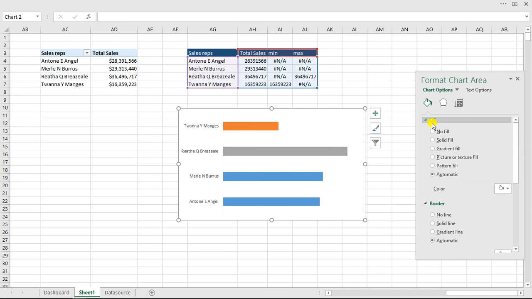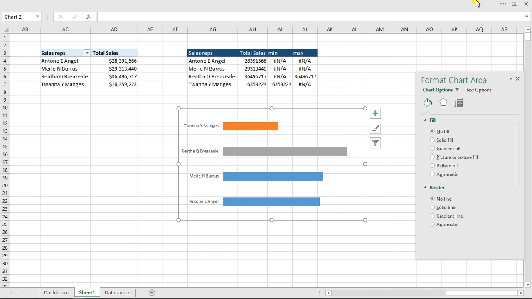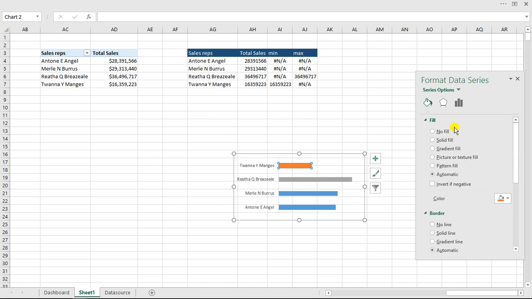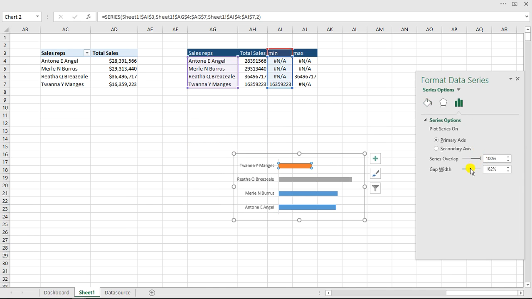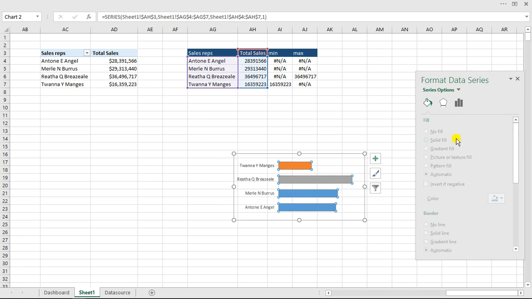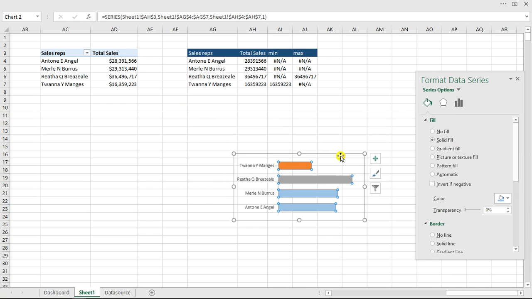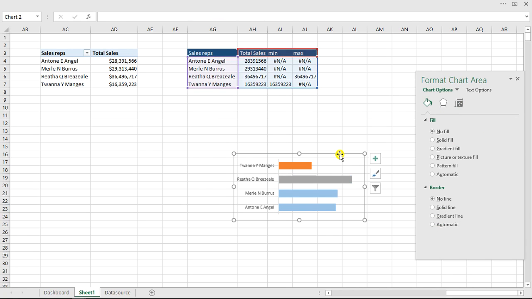I'm going to click on this and say no fill, and as well if you talk about the line, I'm going to say no line. So now I'm going to reduce the size. So I'm going to have to click on this and make sure the gap is a little bit closed. So I have something like this, and this is nice. I'm going to change the color to a color that has to do with the kind of color I used previously. So right now I'm going to get this away from here, cut it away from here to your dashboard,